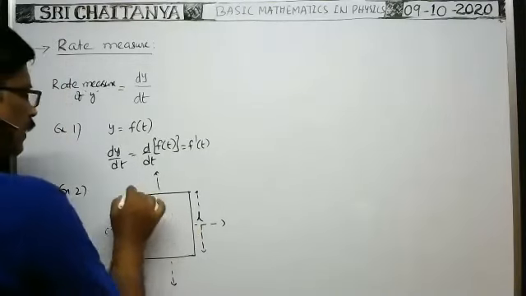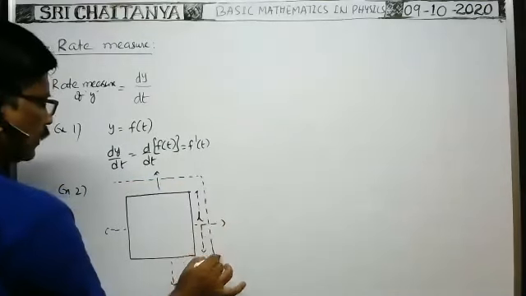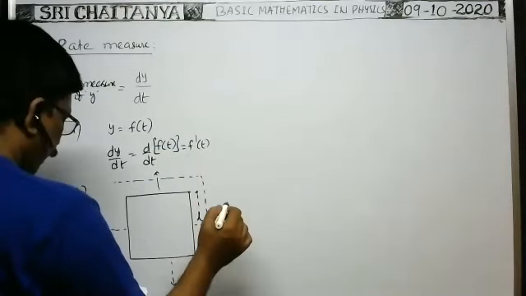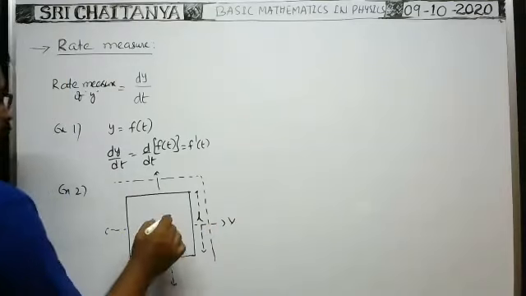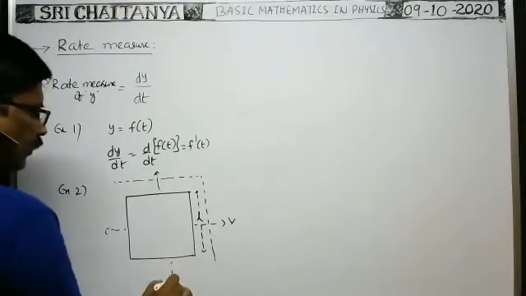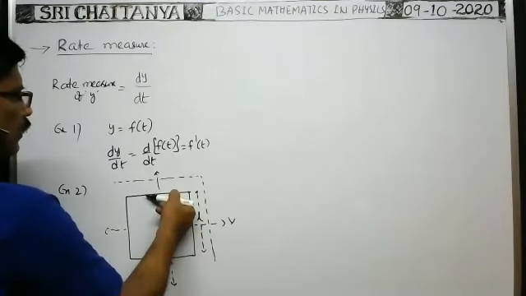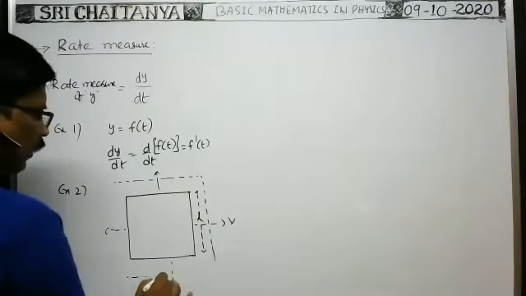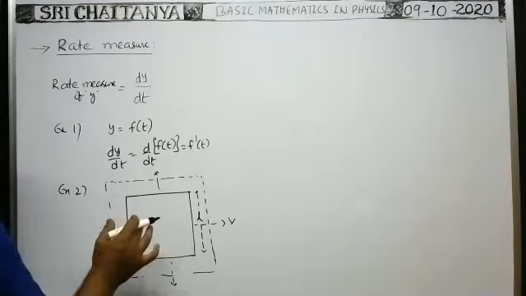Due to that, the side of this square frame increases. In all directions, the side increases with a speed, say v. This side travels in this direction with a speed v, and this side travels in this direction with a speed v. So in a given interval of time, the distance traveled by each side is the same. Now the square frame becomes this one.